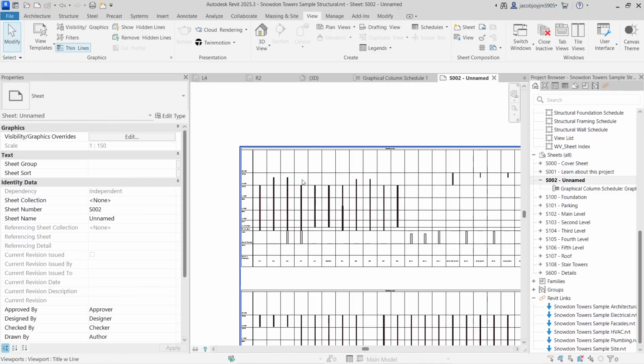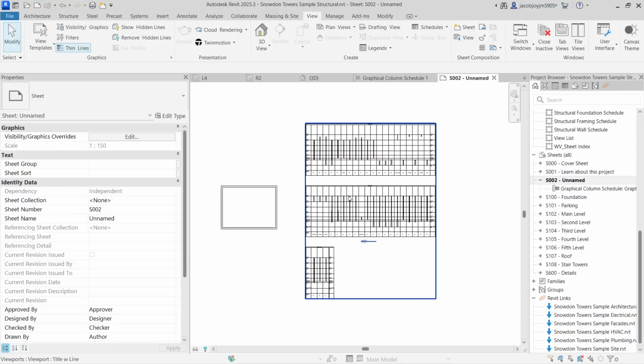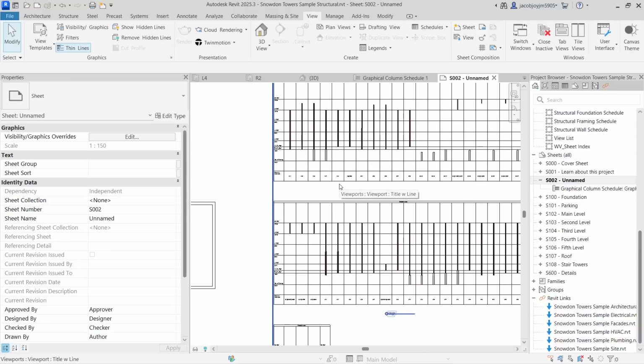Okay, so why do we create a schedule? That's more important to know. After you create a schedule, this schedule is live. For example, let me show you. If I go to